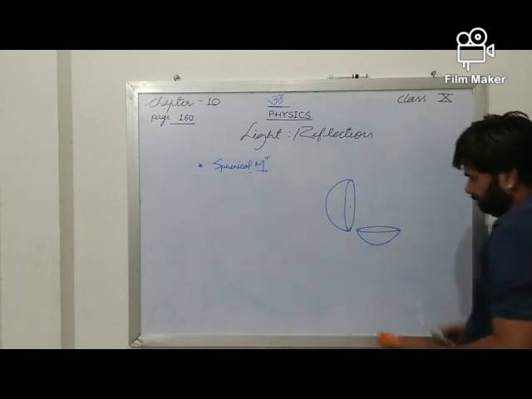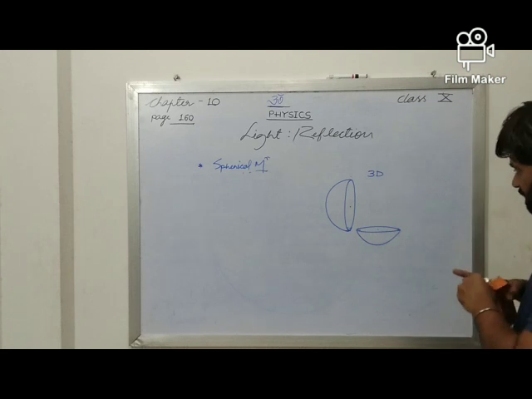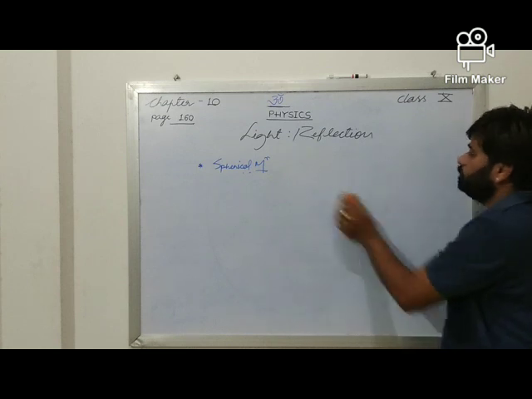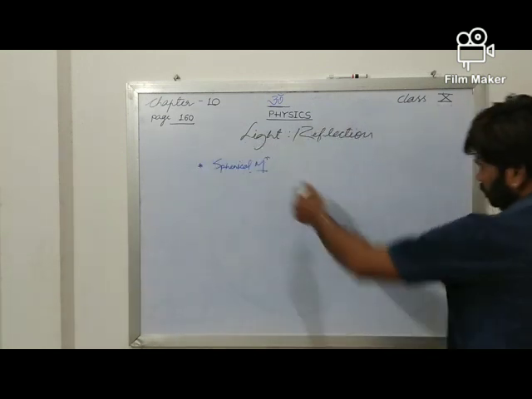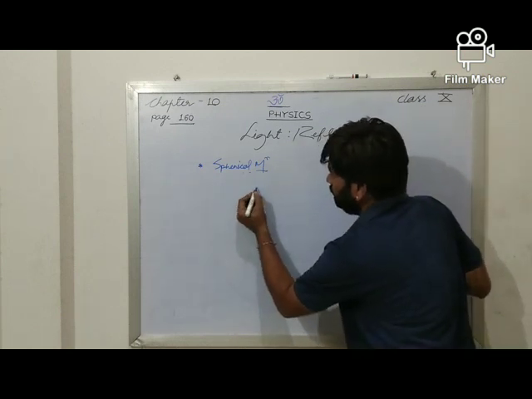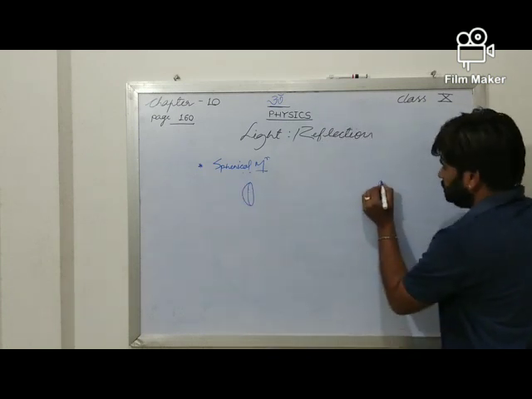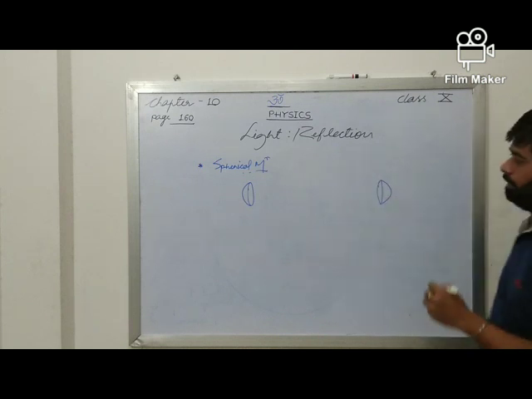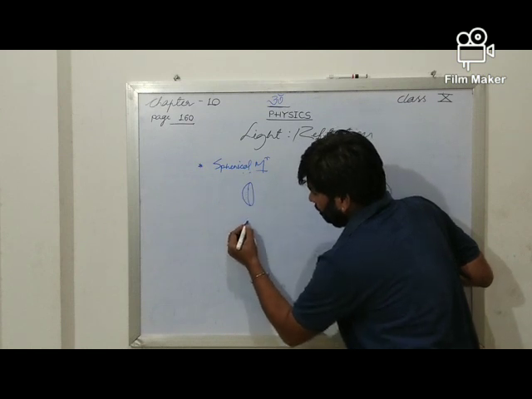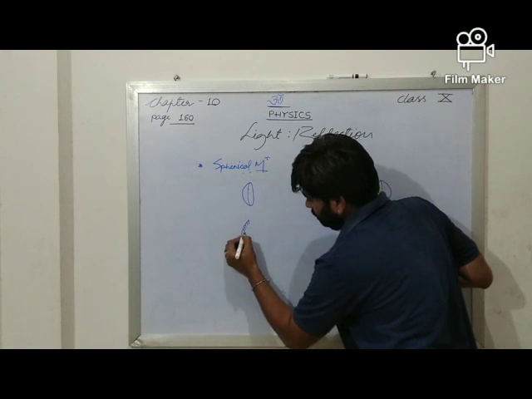This is the 3D model. Actually it is like this. But when we study, we write over the board, which is 2D. So we should have something to show it in 2D. In 2D, two parts were there. One part was like this, another part was like this. This is the hollow inside part, and this is the outer part. So we will show it like this. This is the first one.